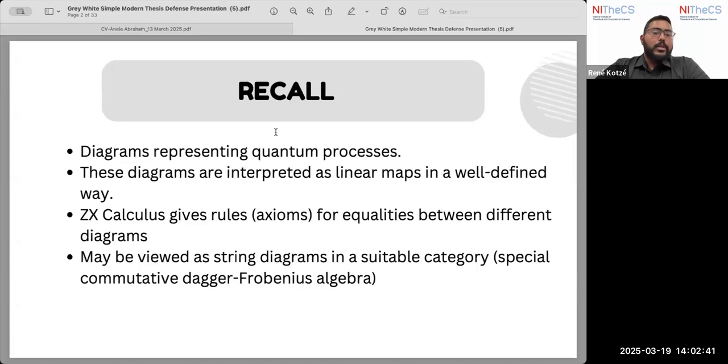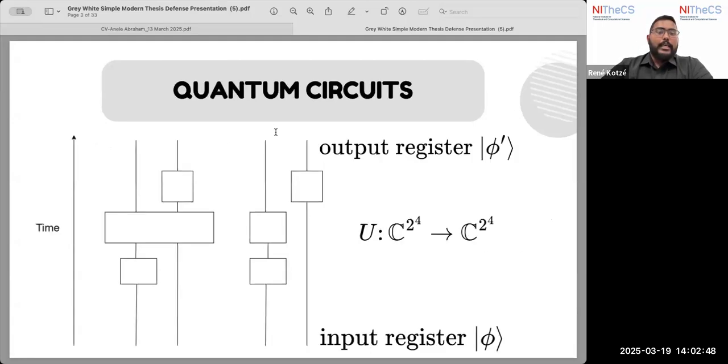And ZX calculus also gives us rules or axioms on how we can rewrite these diagrams. In this lecture, we will be going through how to apply ZX calculus in practice, as last week I mainly introduced ZX diagrams as string diagrams and certain rules. However, in practice, we use slightly different forms of these, and we'll be focusing on that today. So just as a reminder, our quantum circuits, we said we can draw them like this,